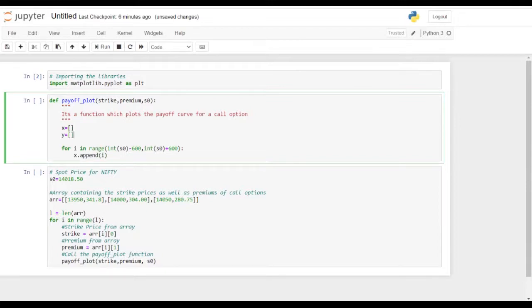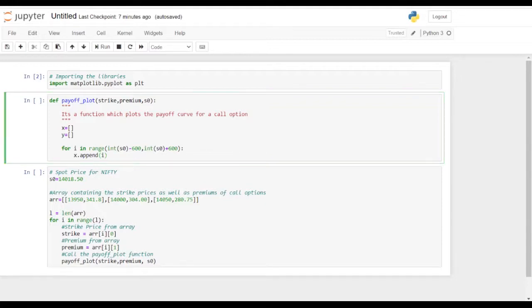So now what's happening over here? What we want is to create a plot out of it, right? Now there's something called a payoff for a call option, which is max(ST - K, 0), which you could look up on the internet and study about options. That is, if the stock price at expiry is greater than the strike price, then we'll be getting a payoff of ST minus K. Then you can later adjust it with the premium. And if the stock price is smaller than the strike price, then you won't exercise the option, and your payoff from the option itself will be 0, and you could deduct the premium from it